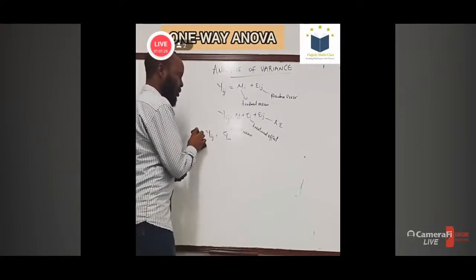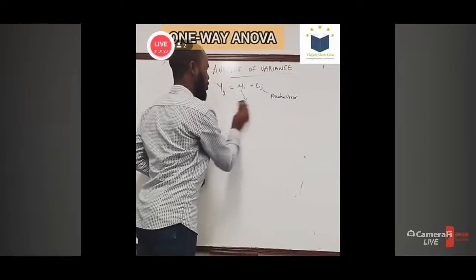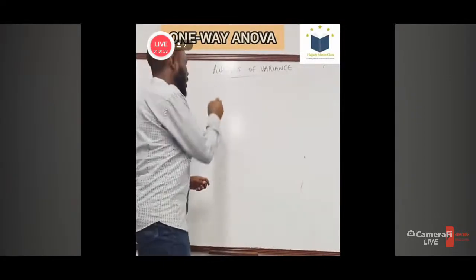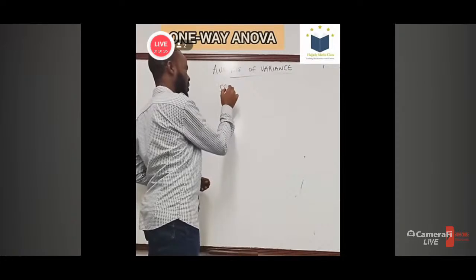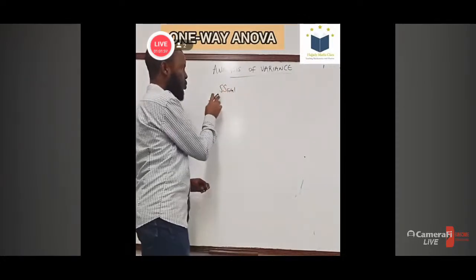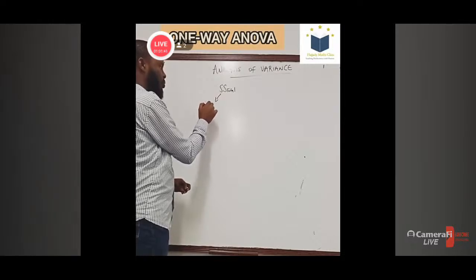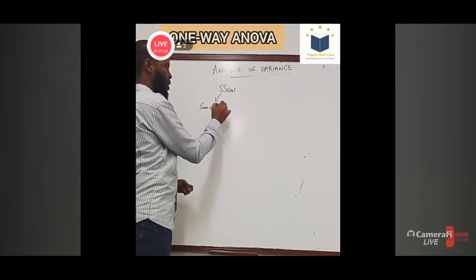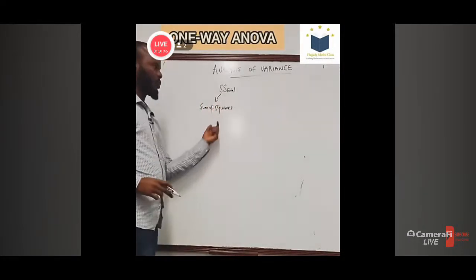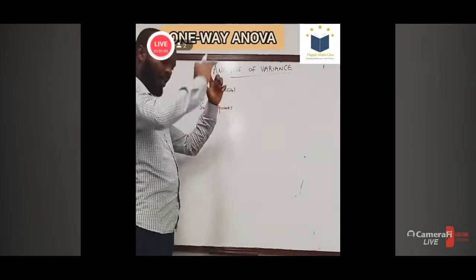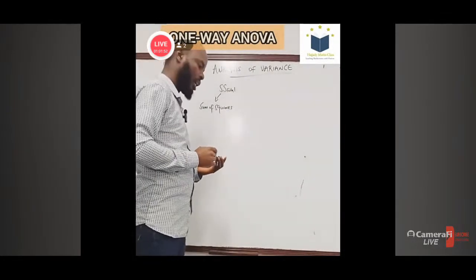So now, under the decomposition of the sum of squares, I have my SS total. When I use the word SS, this means sum of squares. So for the total, that means for the general